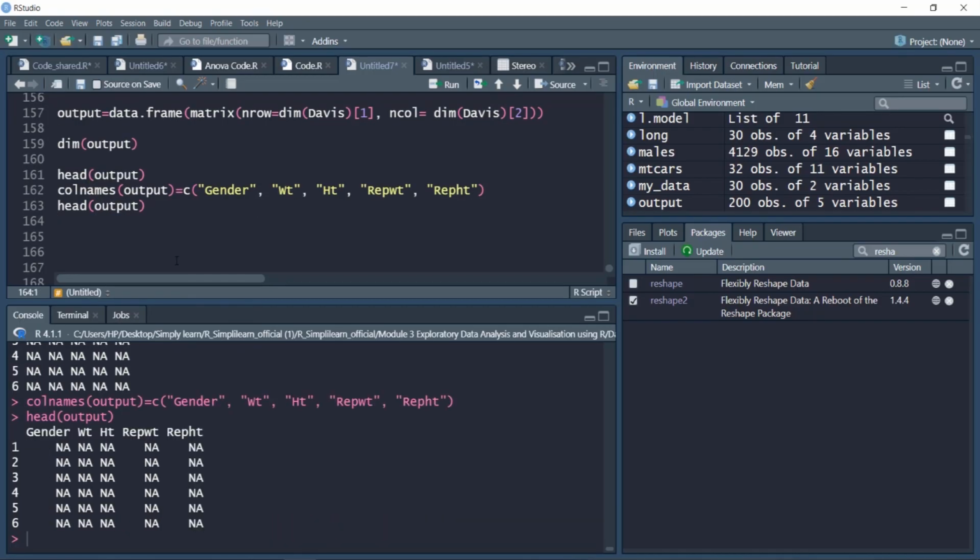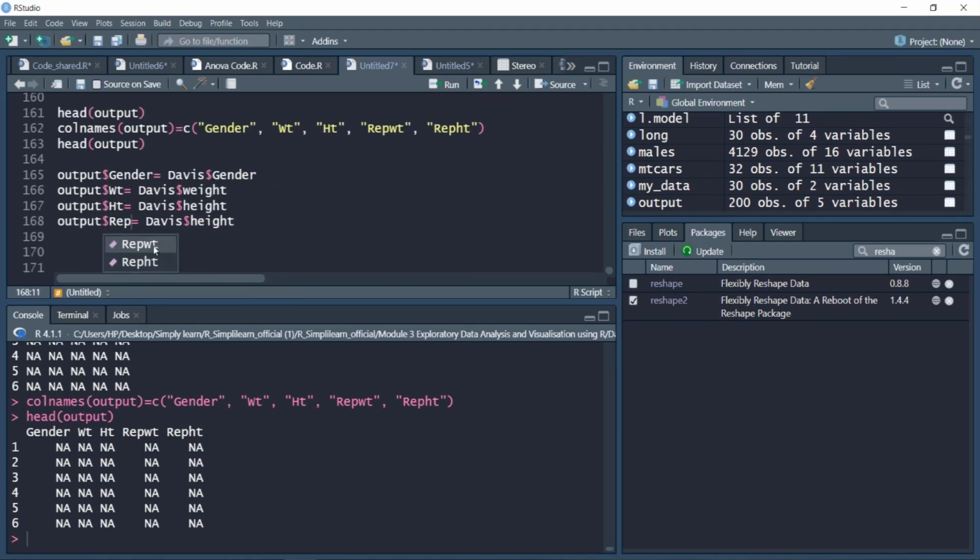Now let's assign the values of the Davis variable inside this. So we'll assign the values. This is our output variable, $gender. So we'll assign the gender variable from Davis data. Similarly, we'll assign the weight variable, height variable, reported weight variable, also assign reported height variable.